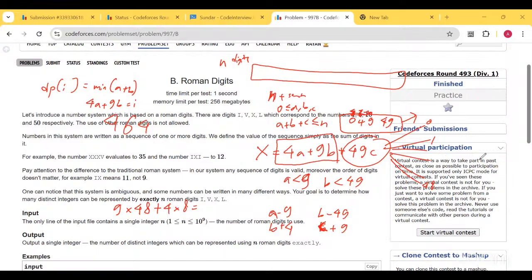Okay. So for each case, we want to find the number of possibilities. For example, if this is zero, of course, the minimum a plus b is zero, right? What does it mean? So c can be any number from 0 to n, right? So it means there are n plus 1 possibilities,